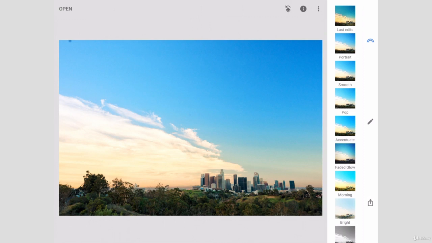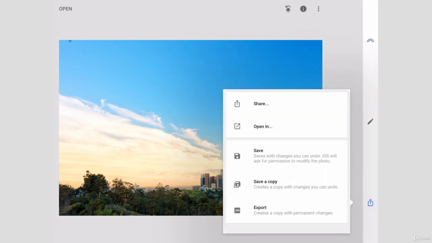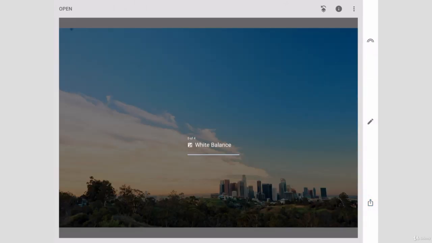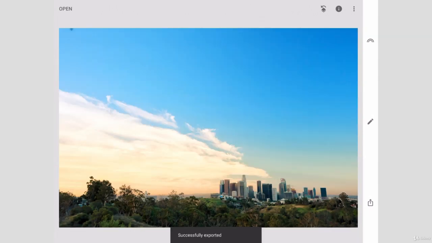In this lesson, I want to show you how to save or export your photos from Snapseed. So if you click the little share button in the bottom right, it's the square with the arrow, you have multiple options. Going from bottom to top actually will be the best. So if you click export, this is actually going to save a completely standalone image that you can then post